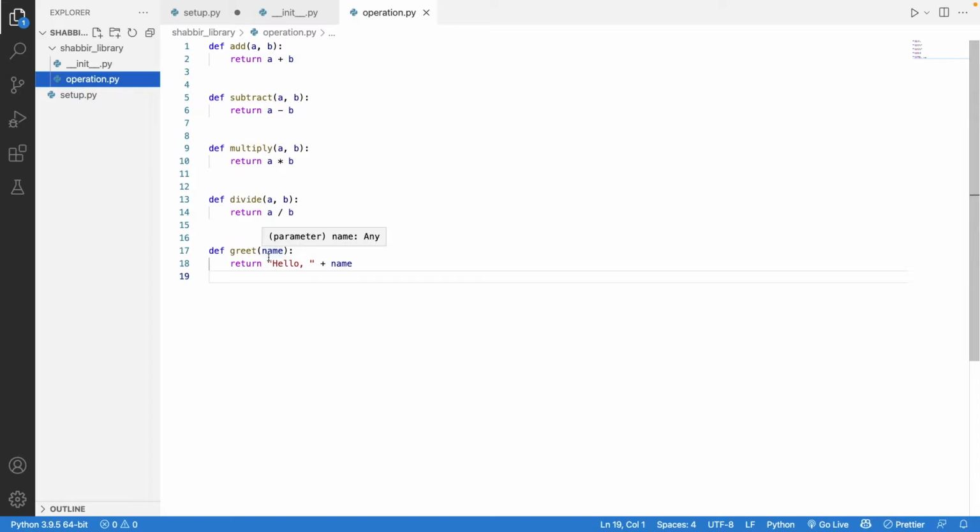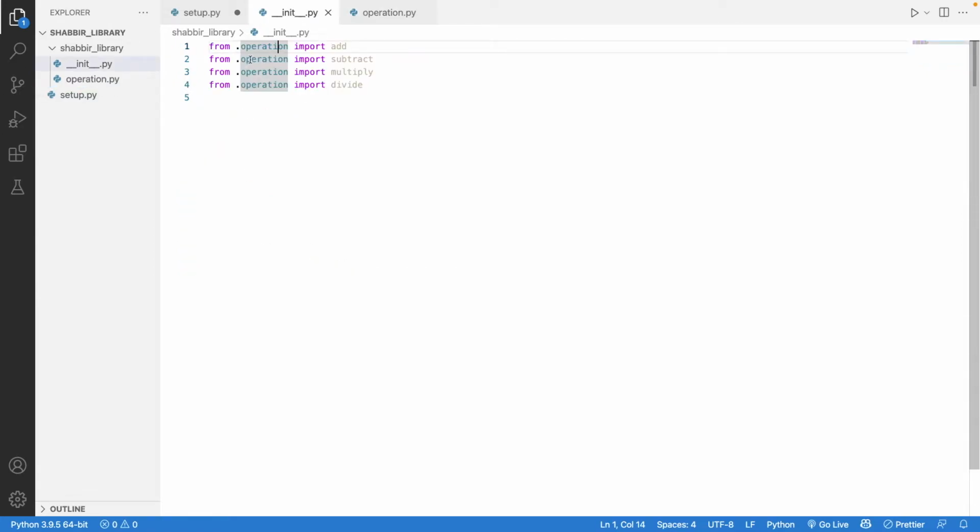When you are working on real projects, real libraries, this won't be as simple as that. You would be working on object oriented Python a lot. You would be working on classes, constructors, methods, decorators and so on, and that would be pretty complex. But for now, just to show you how this is done, I have kept this very simple, and we have a bunch of methods here. That is add, multiply, subtract, greet, etc. From the operations.py we are importing these methods.